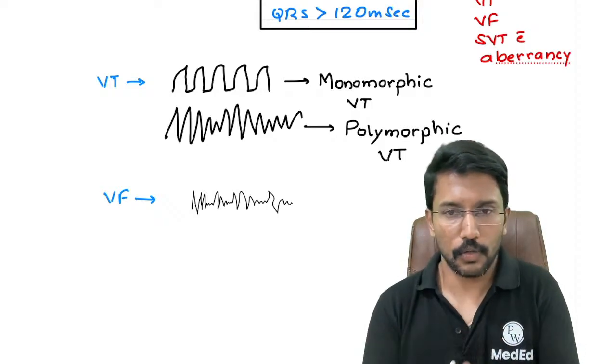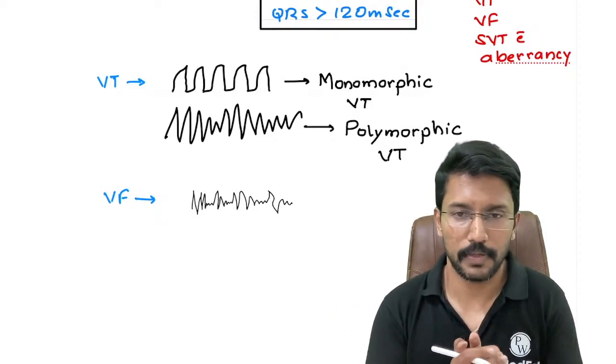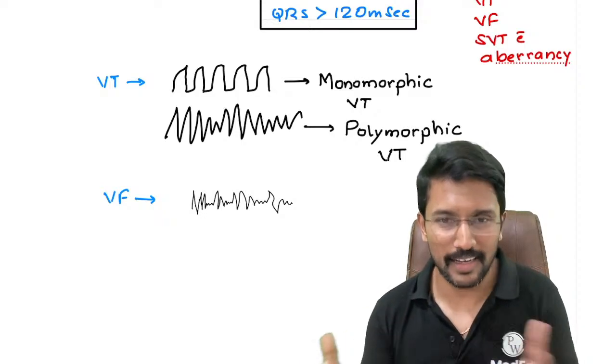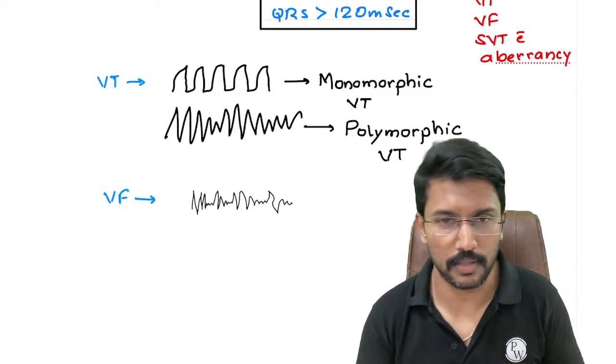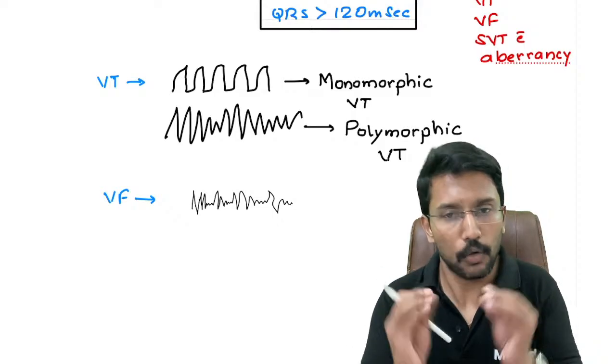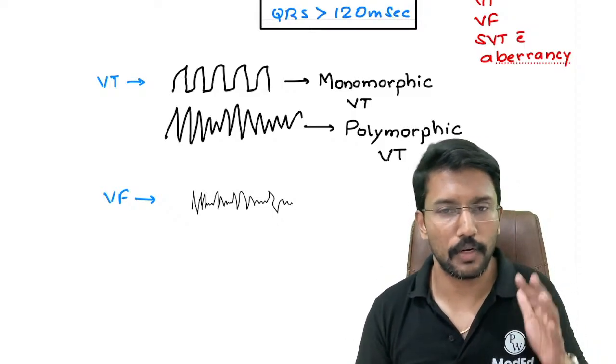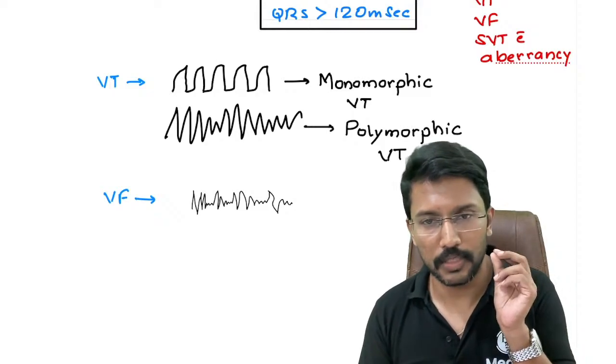If you have a classical Torsades de Pointes and the patient is stable, yes, definitely you can give the magnesium sulfate, and if it helps you to recover the rhythm, then you know that this was Torsades de Pointes. But ventricular fibrillation is generally no confusion. The simple reason why this is no confusion is when you develop ventricular fibrillation, almost always the patient will be